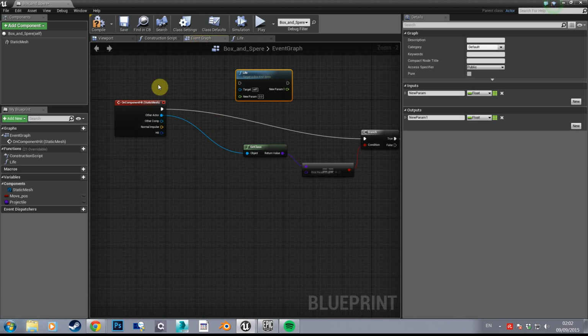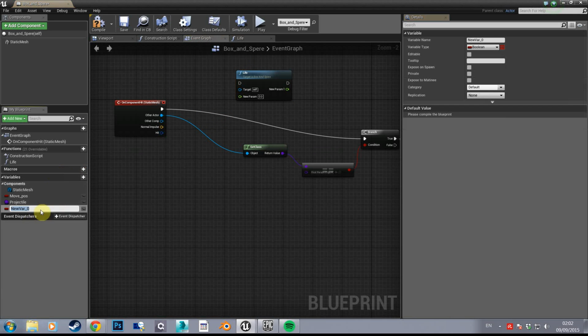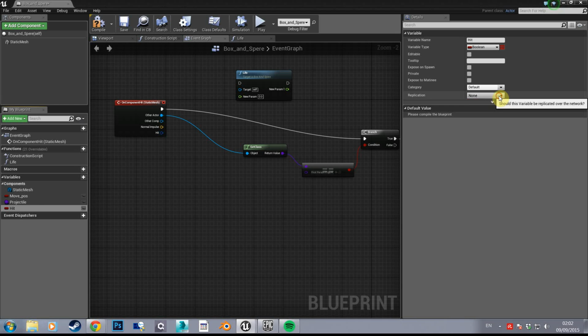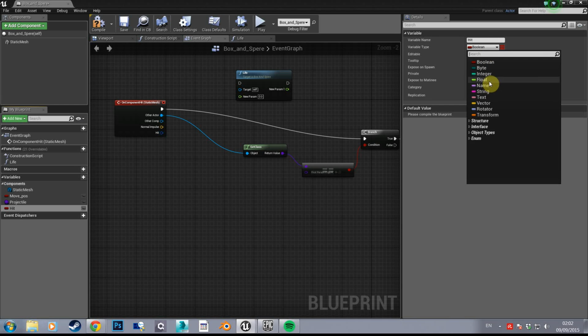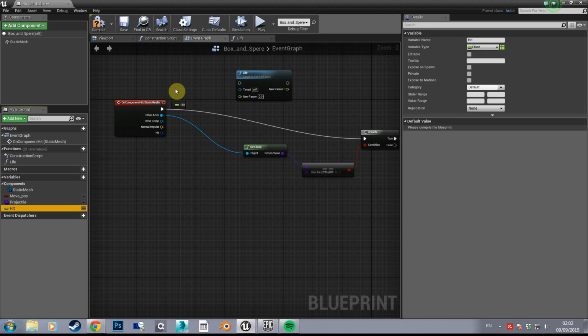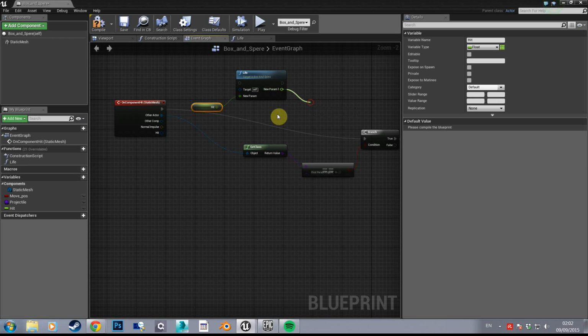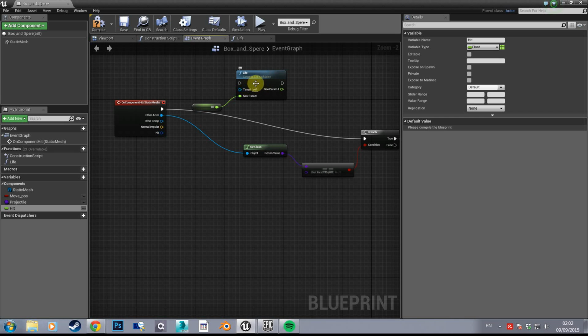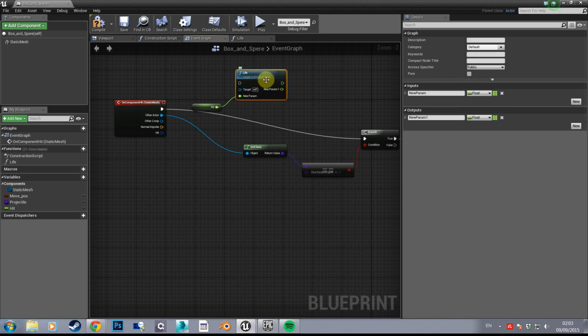So on the outside of this, let's have a variable called hit, and that's going to be set to a float for the input, and we're going to get it, and we're going to put it into there. And basically on the outside of here, or on the inside of it maybe, actually we might not even need the output,